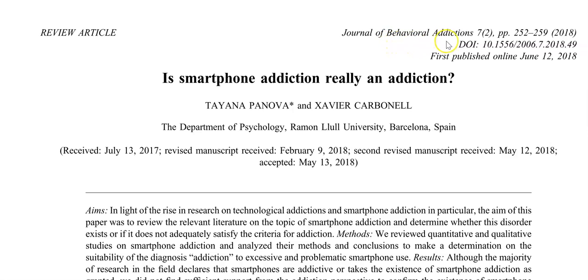Journal of Behavioral Addictions is the name of the journal, or the container in which this single essay is found. These numbers beside it, 7 and 2: the first number is the volume, and the second number is the issue.